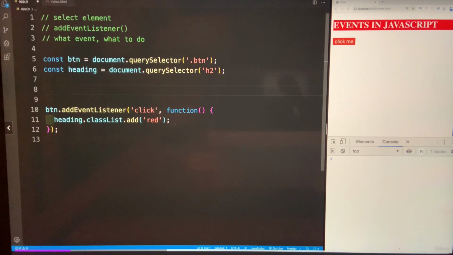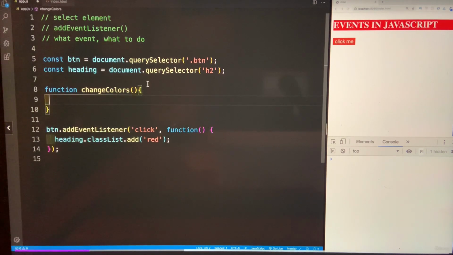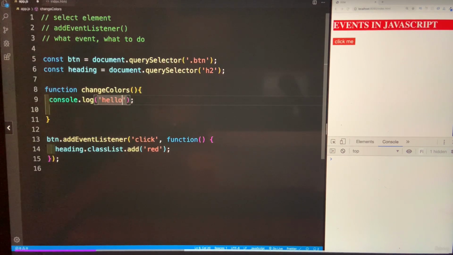And I guess we're going to start with that, where I'm going to create a function. So I'm going to say function, and I can call this function, of course, however I would like, but I'm going to call this changeColors, like so. And what I'm going to do within this function? Well, let's just start simple, again, console log with a hello,